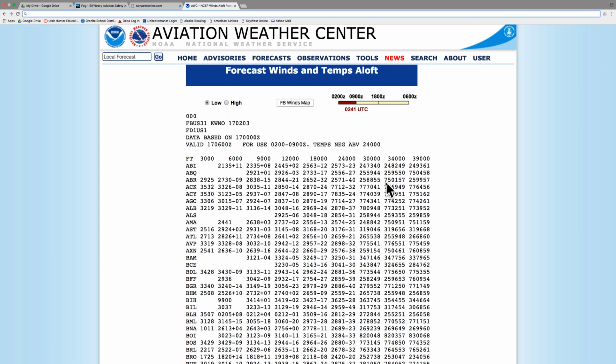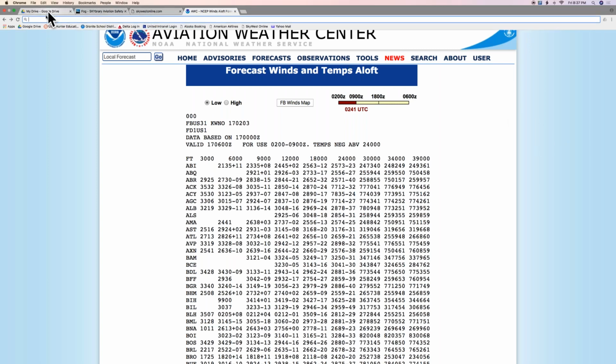Garrett, we were already given that negative 40 from this report, so where are we then listing it as ISA plus 5? In our flight planning. When we get into our flight planning, our performance charts are all based off of ISA. Okay, gotcha. Let me show you what a performance chart looks like.